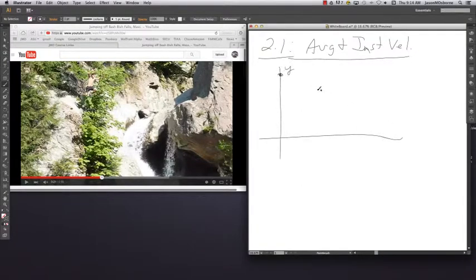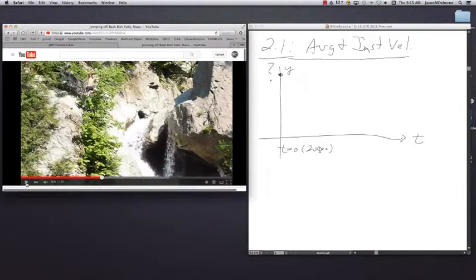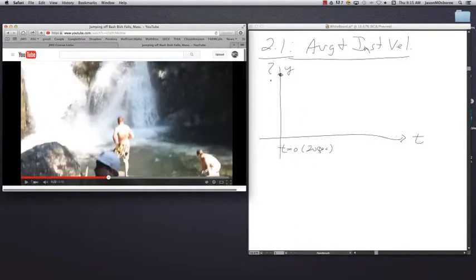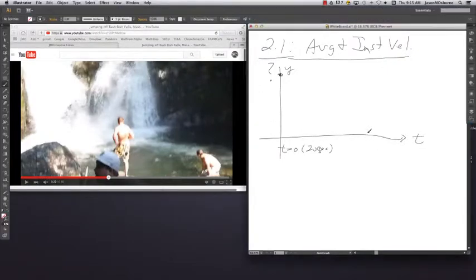and let's just say that we saw them fall into the water. This is the height y, and this is time t. And they're at some height that we don't know how high they are. And let's say that at t equal to 0, that's about maybe 20 seconds in the YouTube video, right before he left. And the person is going to fall, and bang, they hit the water at about 22 seconds. So about 2 seconds later, 22 seconds in the YouTube video,